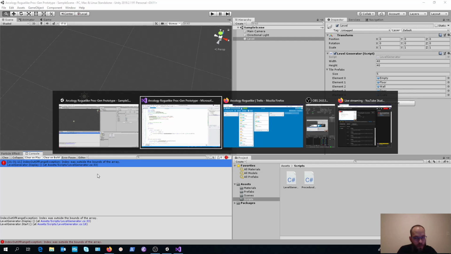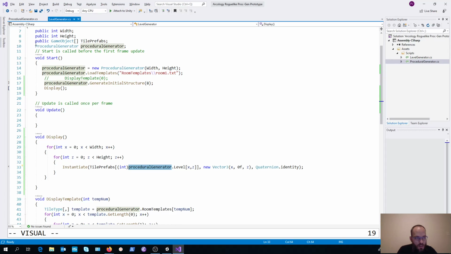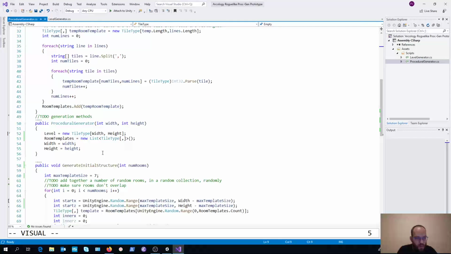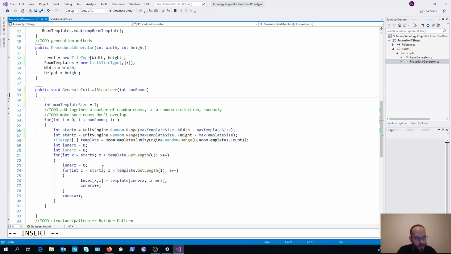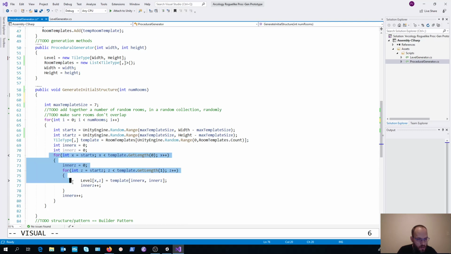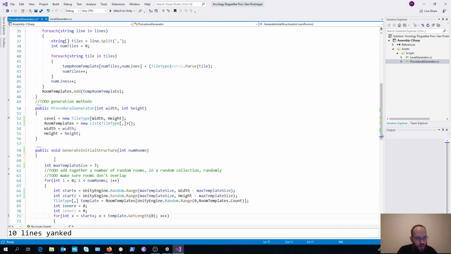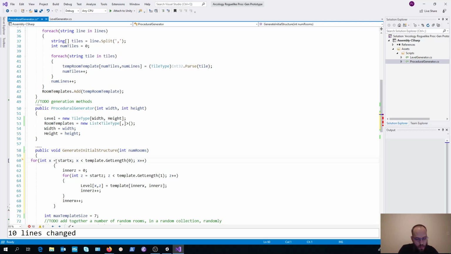So what we just need to do is to make sure in our procedural generation, when we generate the initial structure, we actually fill the entire array with 0 values initially. So I'm just going to steal this nested for loop over here, paste that over there,